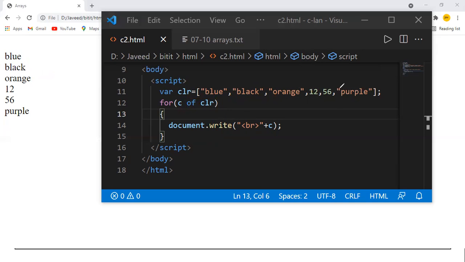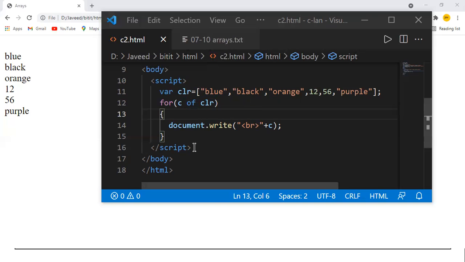Once all my iterations are finished, you'll see that for each iteration, one value at a time was retrieved and printed for me. That is what we call the for each loop, where we are telling it to read the values one value at a time. Understood? So that is what I'm doing here.